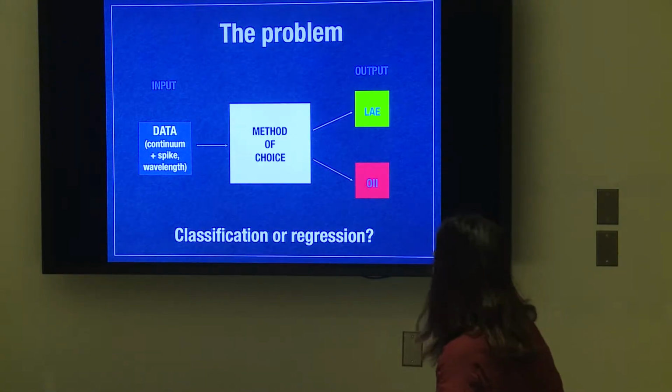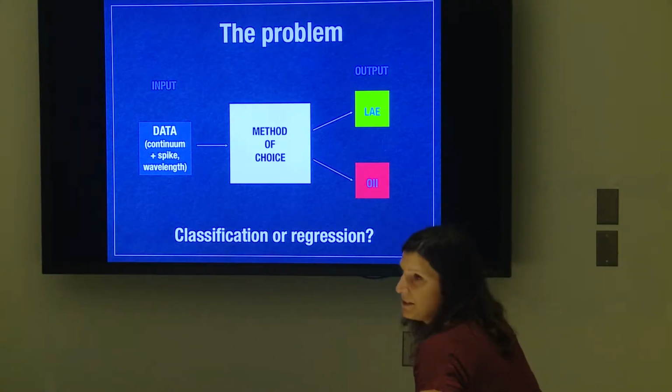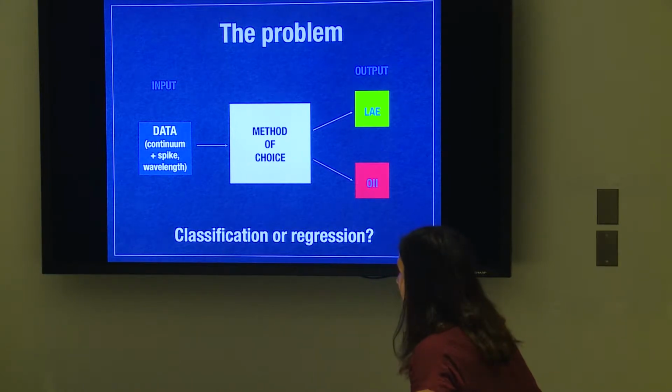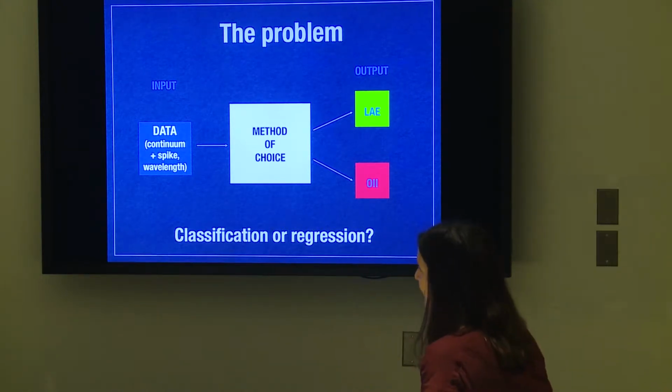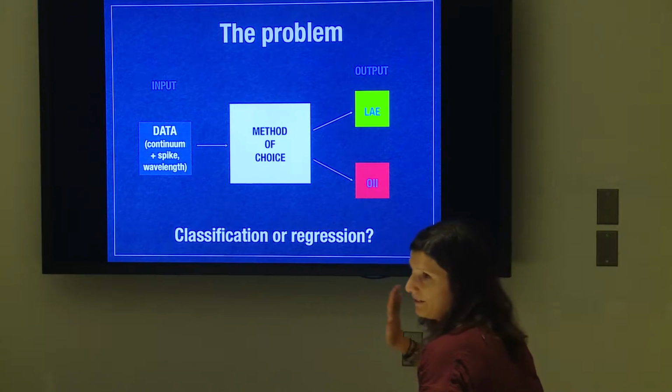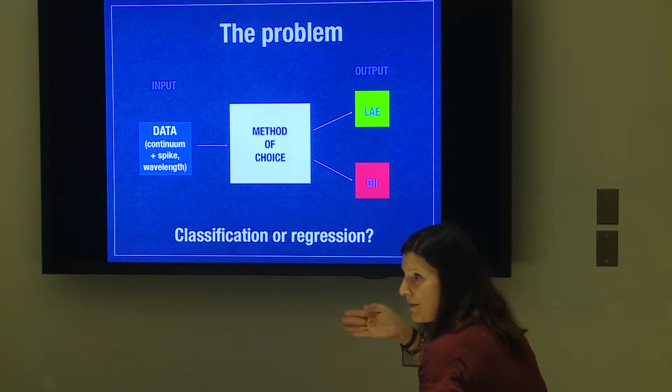The problem. So basically we have our data, and in this case the data are quite simple. We have the continuum measured in a few bands. We have the spike, like the strength of the emission line, and another thing that we actually have is the wavelength of the observation. We thought that this was a relevant feature because